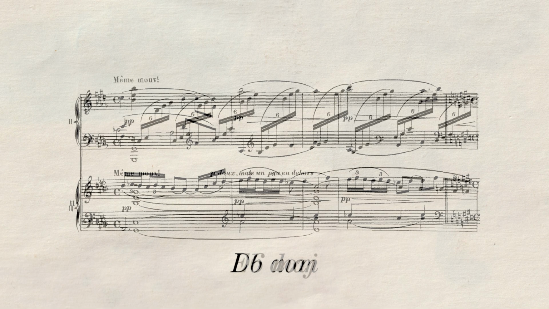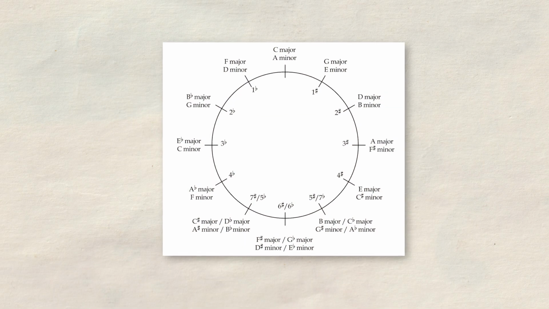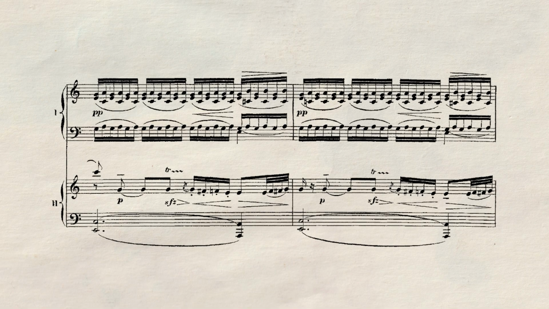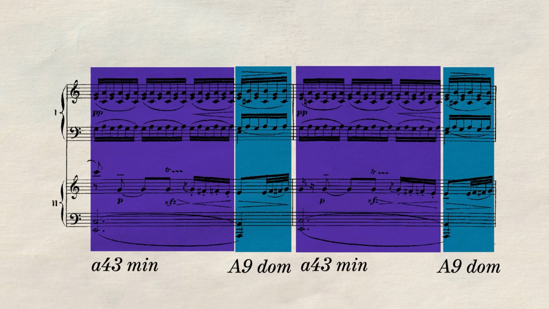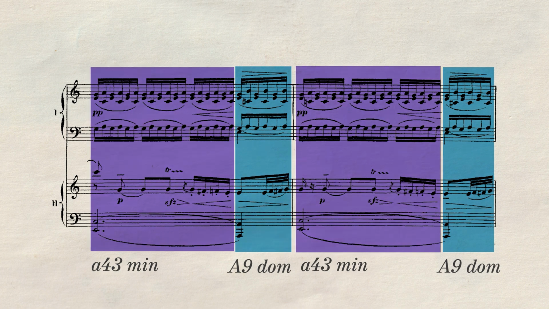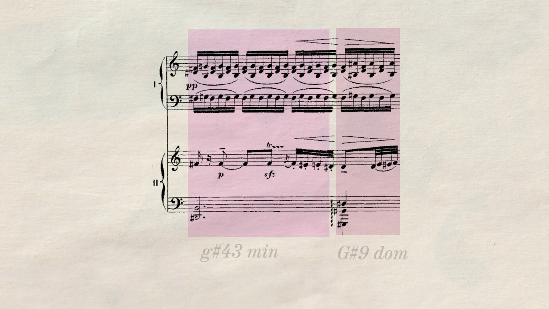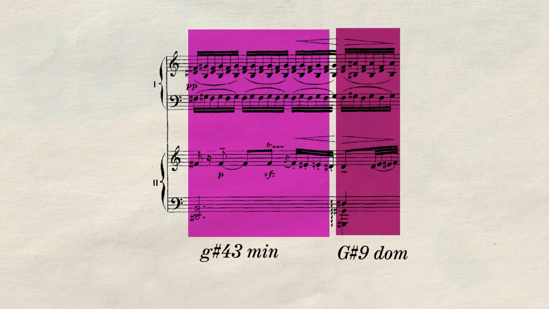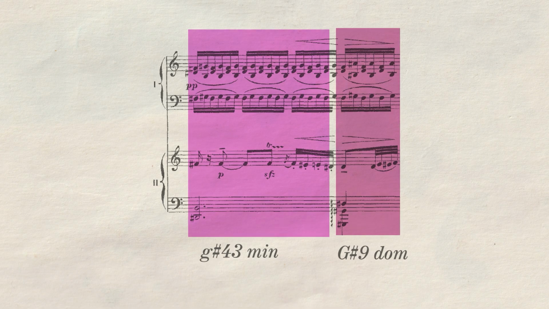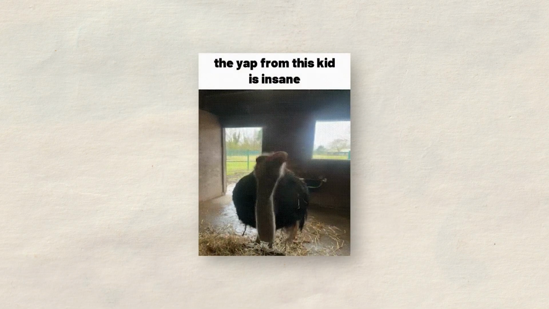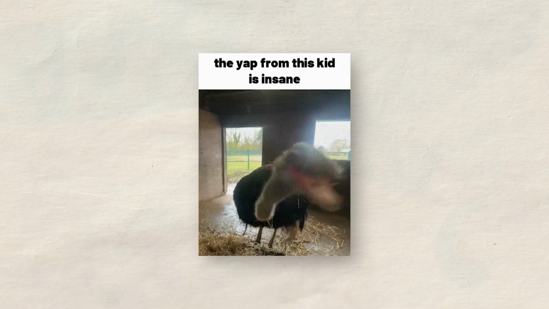E major second inversion. Another hallmark is his shifting of chord quality while keeping the same root. On page 22, for example, an A minor 4-3 chord transforms into an A dominant ninth. Later in the following repetition of the episode, transposed down a semitone, a G-sharp minor 4-3 chord becomes G-sharp dominant ninth. We find similar transformations elsewhere, F-sharp minor to F-sharp diminished, or A-flat major 7 to A-flat dominant 7. All of this shows how Debussy keeps harmony alive, not static blocks of sound, but constantly